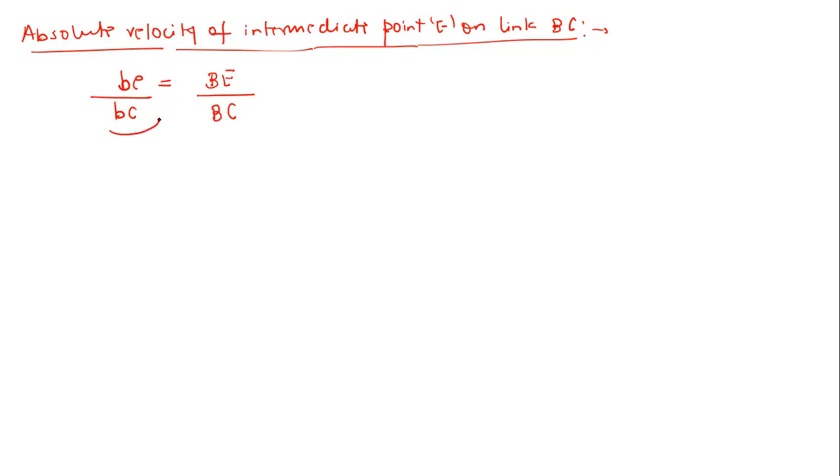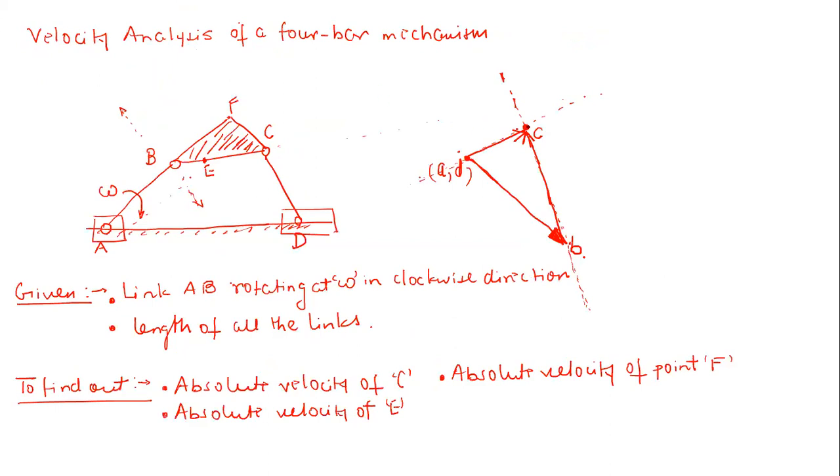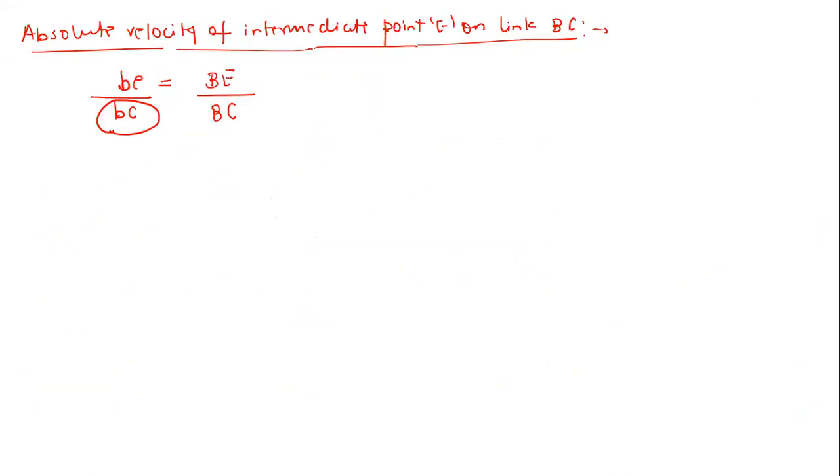So now what is known to us here? This BC is entirely known. Do you agree that the velocity of C with respect to B is entirely known to us, right? Now it's very easy to guess that we have to calculate simply this BE. The lengths of the links, capital B and capital BC, are known to us. So you can simply put it into the relation, and the length of this BC you can measure from the graphical diagram. Then you can simply solve this, and you will find out this BE. Once you find BE, you can simply locate the point E on that link.